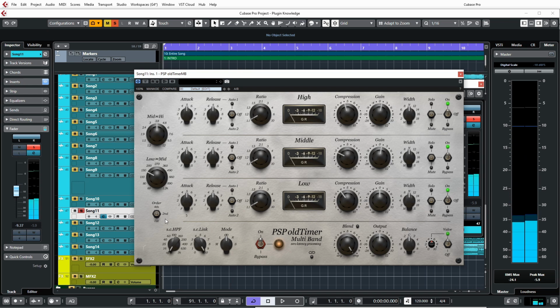Again, subtle change there. You could hear a slight difference, but it is very subtle. Now, this is obviously one approach, where you say you want to compress each band at a similar amount of compression. Now, the other way to do it is, let's just reset all this back to